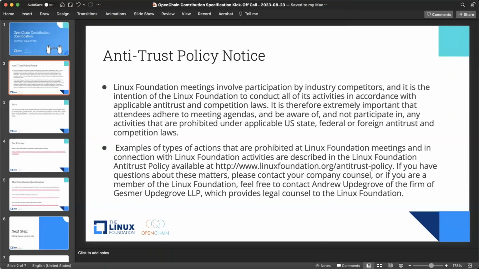All right, let's dive in. This call is intended to be a landmark of sorts. It will be available online for our community to review. That will be useful for people who are working with us on the contribution specification, but it will also be useful for people who are more generally interested in how OpenChain makes specifications and how that can impact their own projects around the world.